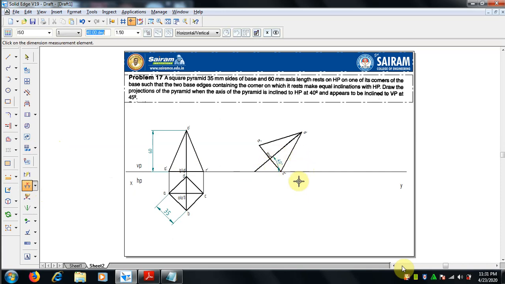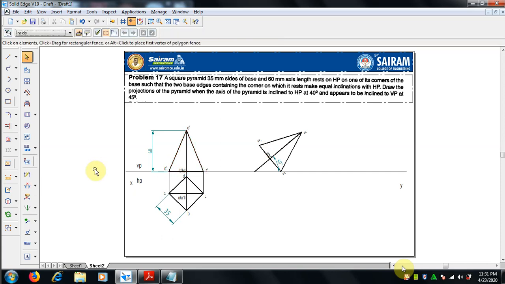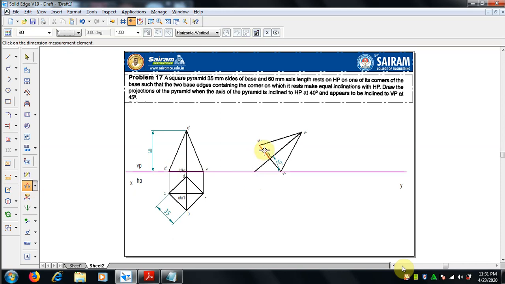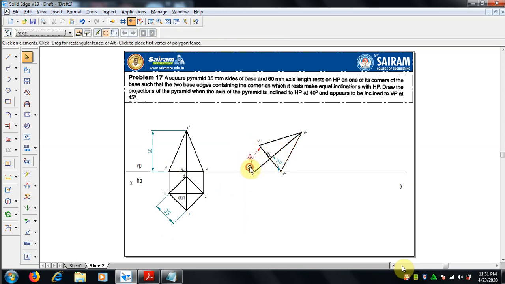Don't make a mistake in this. Now you can see 40 is the axis inclination. While rotating we have to concentrate on the base, and the angle with the reference you can check now. What we have rotated is 50 degrees, but the angle is 40 degrees, so 50 plus 40 will give 90. When we are rotating the pyramid we have to concentrate on that.